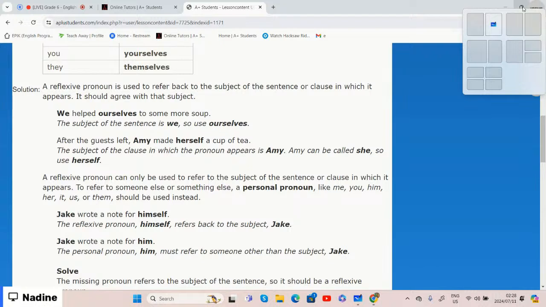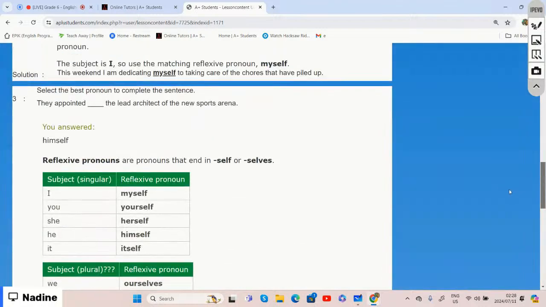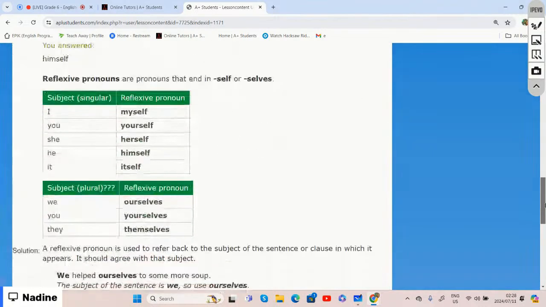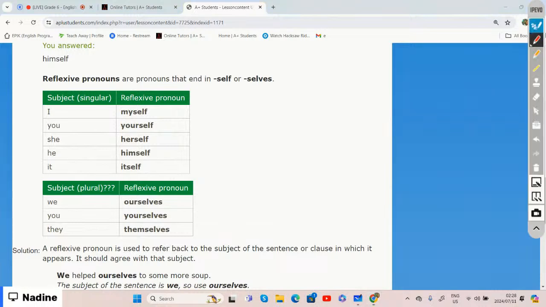All right. So now let's quickly go back. I just wanted to show you once again the reflexive pronouns, right before we go back to our lesson, which is to say, is it a reflexive pronoun or an intensive pronoun? And remember, we said reflexive pronouns are pronouns that end either in self or in selves. And these reflexive pronouns that we see over here,